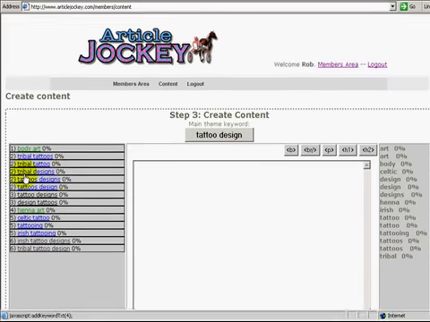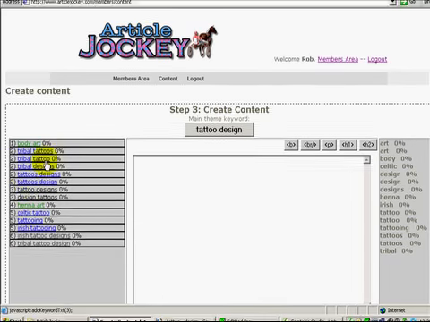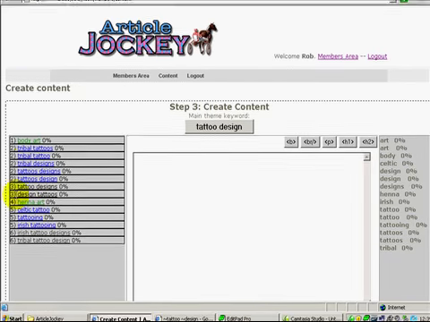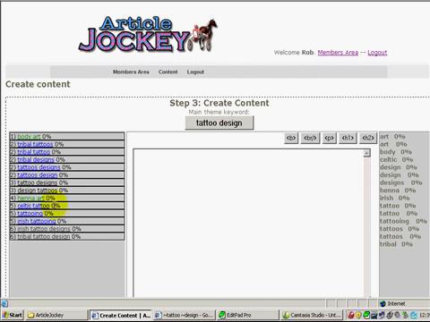You'll notice over here on the left, all of my keywords in my list have now been color-coded and prioritized 1 through 6. What's this all about? Well, if I try to create a piece of content and I want to get traffic for tattoo design and I want to rank highly for that keyword, and all I do is use the word tattoo design over and over again in my content, well, that's looked at by the search engines as keyword spamming, and doesn't go over so well. The best thing to do is to use all these search engine proven synonyms,